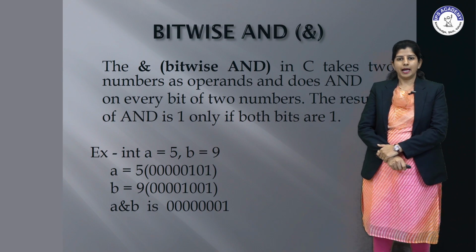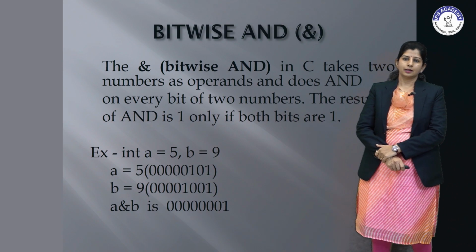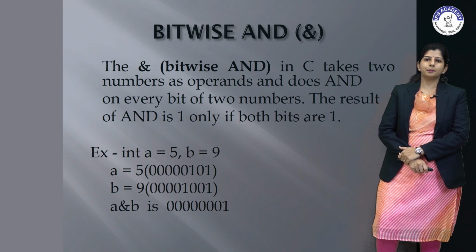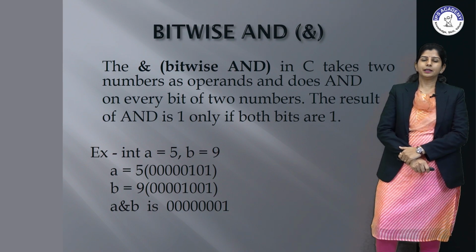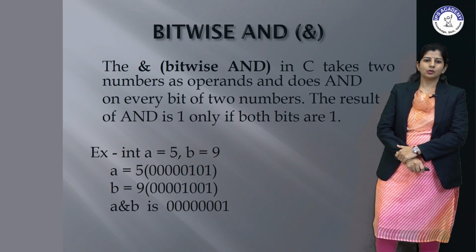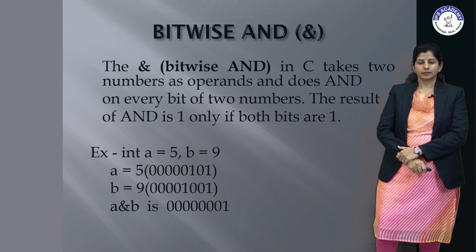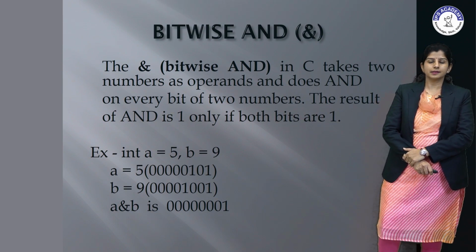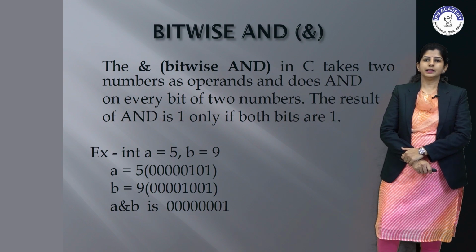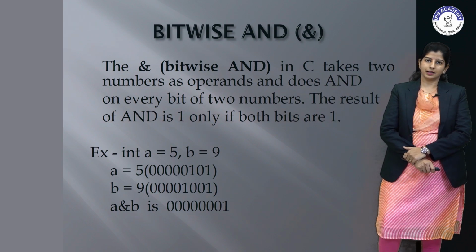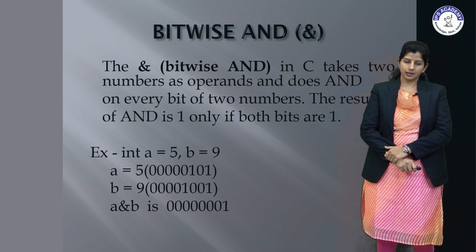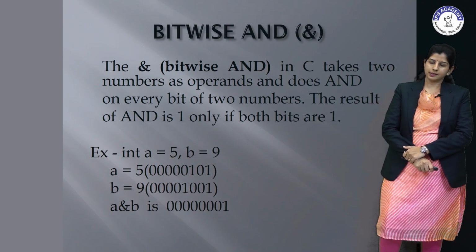For example, I am taking a value int a is equal to 5. 5 is my integer value, but what is the bit value of 5? The bit form of 5 is 00000101. It is the conversion of my 5 into bits. 5 is my integer number, or decimal form, and this is my bitwise form, meaning binary form. In binary form, we all know that we get either 0 or 1. So the binary form of 5 is this.